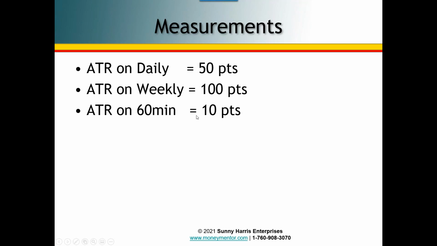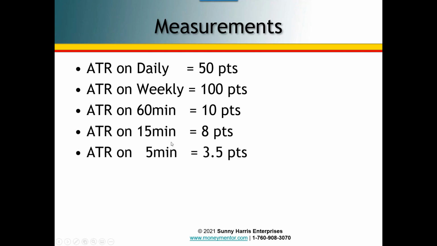On the 60-minute, now this is not right. It's not 10 points because I messed up in my calculation. I'll tell you honestly, I didn't count the same number of days that were in the weekly. So anyway, the point is you can look at the ATR on all these charts and see how many points are possible. We have to know how many points are possible, or we're not going to know how much